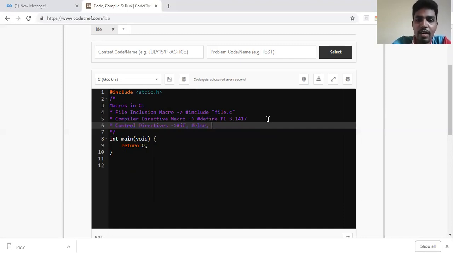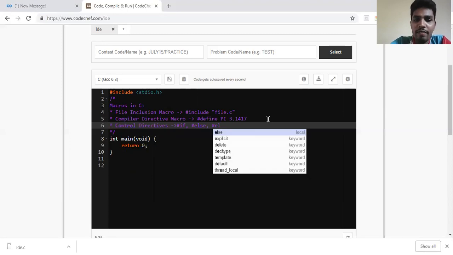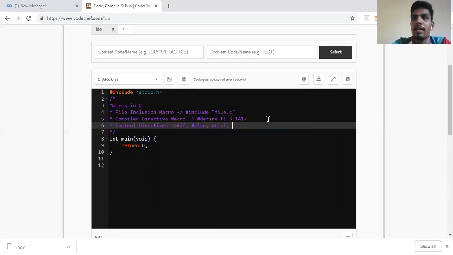And we have hash elif, which is similar to our nested else if ladder. So elif is nothing but similar to your else if, where you can construct multiple conditions. We also have a construct called hash endif to end the if constructs. If control directives can be ended using endif.